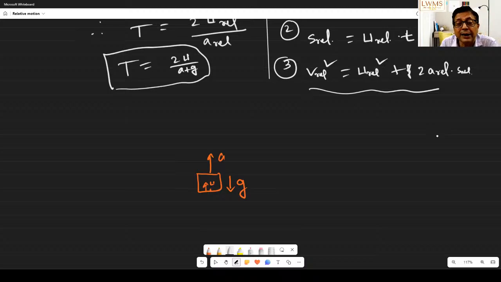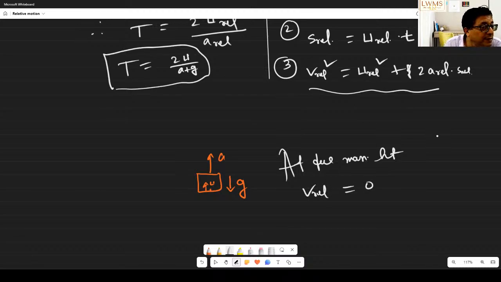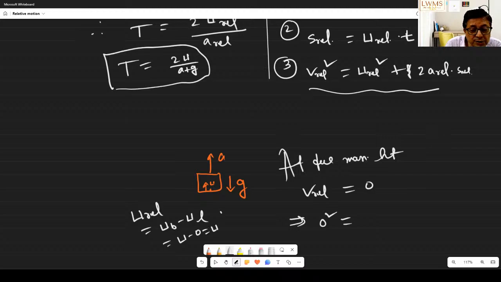At the maximum height, no v relative is left. V relative will be equal to 0. So this implies 0 square equal to what is u relative? U relative is u ball minus u lift. Lift has no velocity, it is u minus 0, u only. So 0 square equal to u square